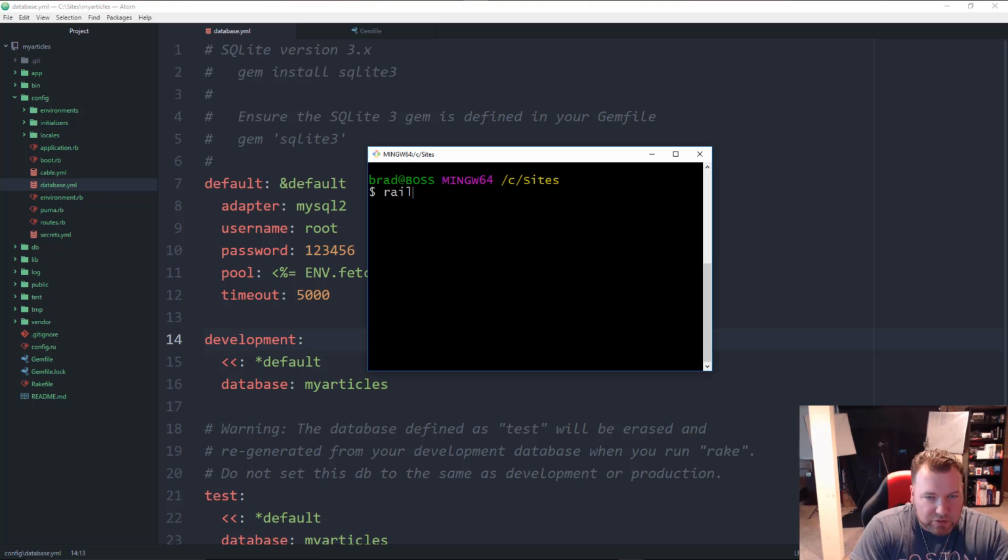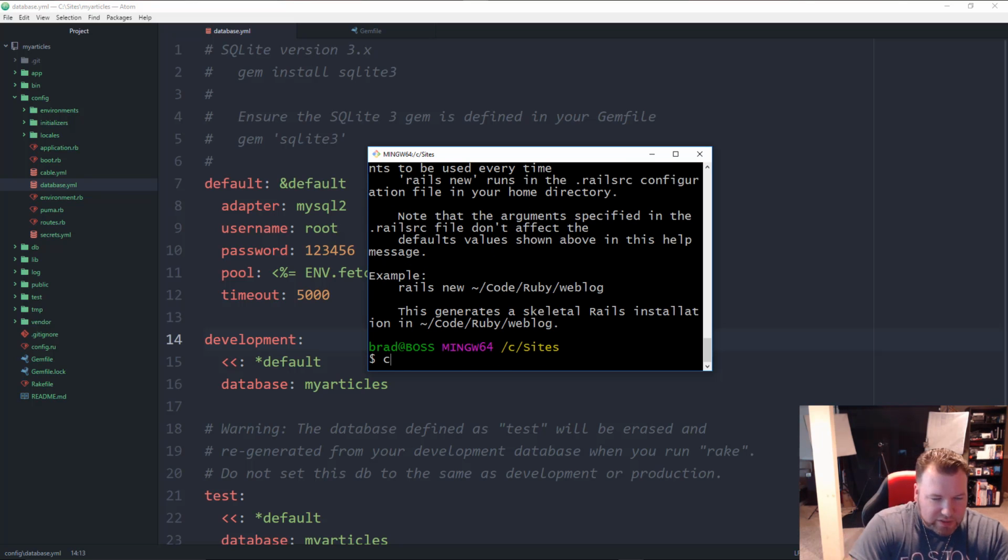So to do that, we're going to do rails g, or generate. You could type out generate and then model, and then this is going to be Article, and then we define our fields here that we want. So let's make this a capital A. Article, and make it singular. Your model should be singular. And then we're just going to give this a title, which is going to be a string field, and then let's give it a body, which is going to be a text field, which is like a longer piece of text. So if we go ahead and run that,